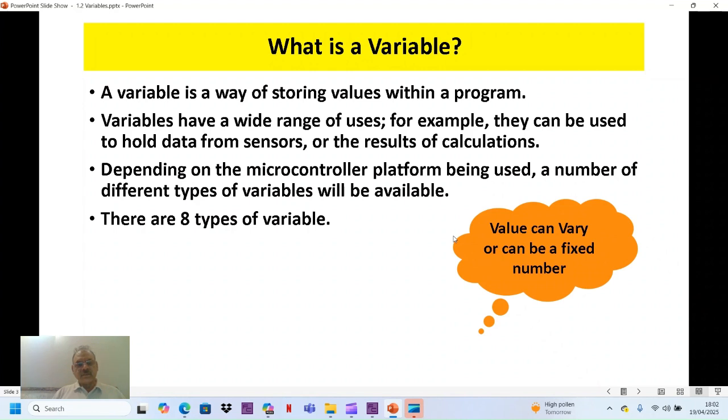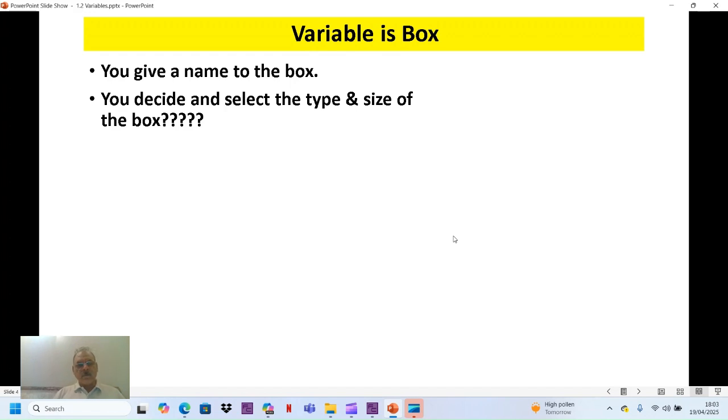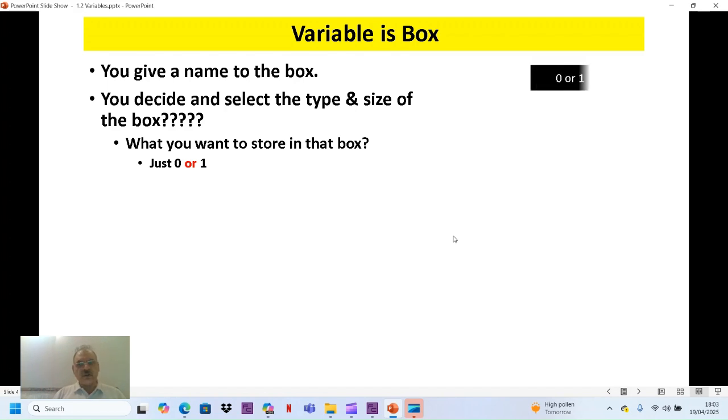The total types of variables which are used in all the microcontrollers are 8. To help you imagine, a variable is a kind of box. You give a name to a box and you decide what to store in that box. First, you decide which type of box and what should be the size of the box. Then, what you want to store in that box: you just want to store 0 or 1, or